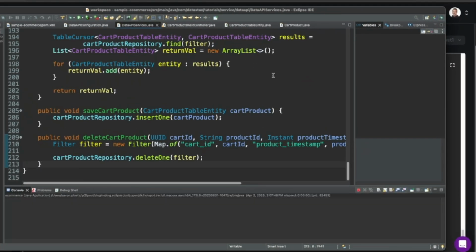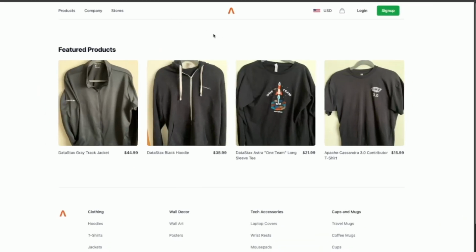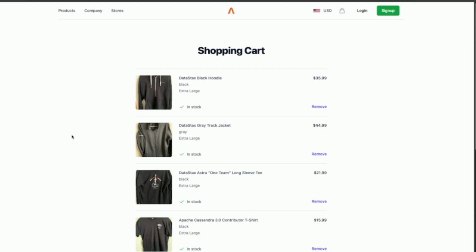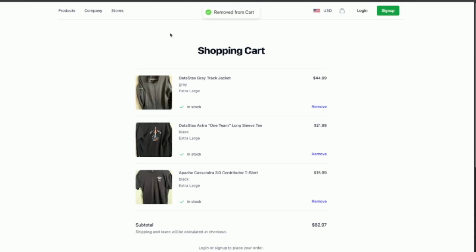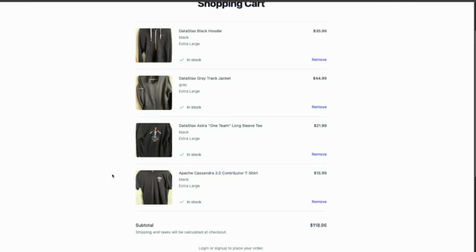All right, so let's go ahead and run this. All right, check out the cart. We have our 4 products out there. Now I can hit remove, and this shouldn't work because I know it's not calling that underlying database method. So that's something I'm going to have to look into, but let's just go through the motion here. Okay, remove from cart. Let's check back, and of course it's back.